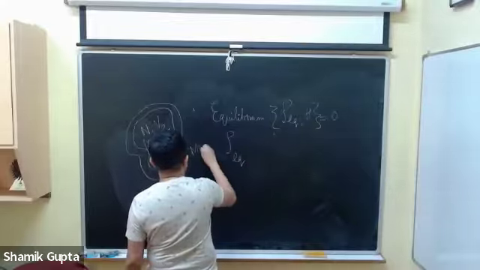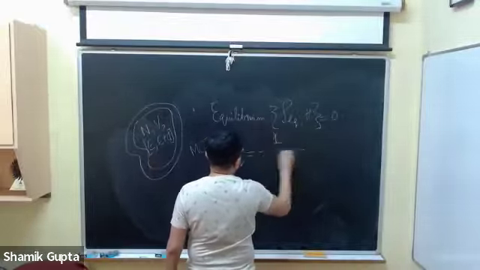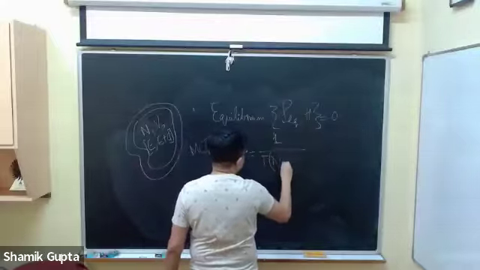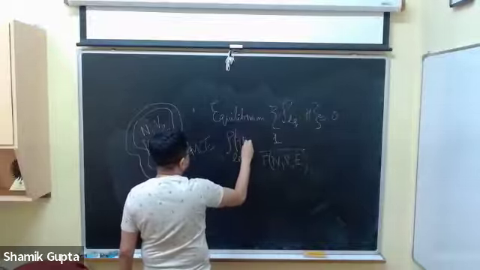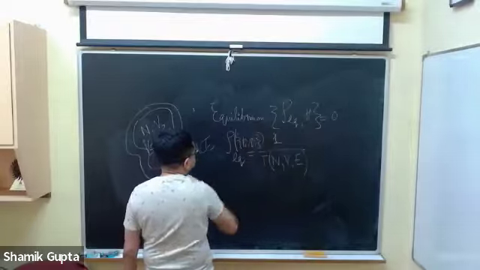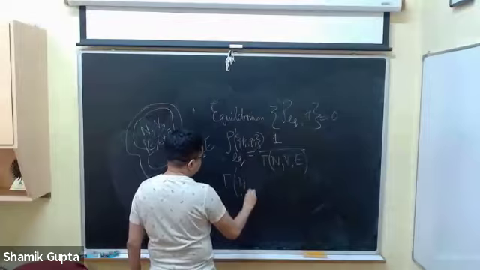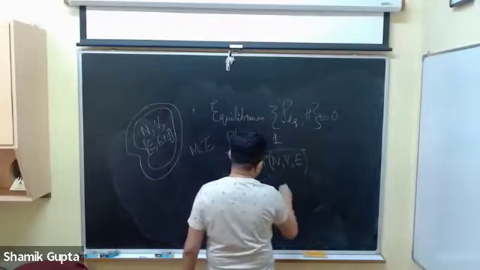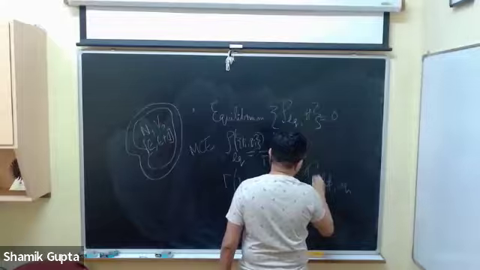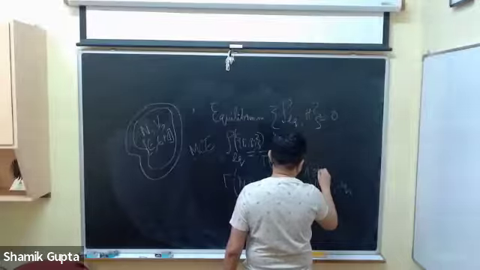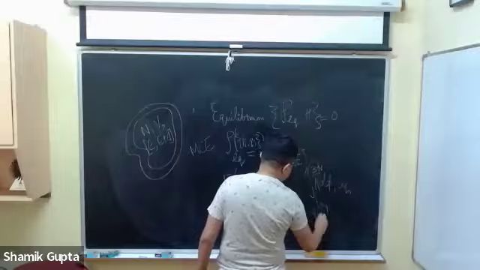This is microcanonical equilibrium. Rho equilibrium is just a constant. It's just the inverse of the number of microstates which are accessible to the system. Once I know this quantity, what is this gamma? It is just the normalization constant. So what I do is I integrate d pi dq, provided, of course, the microstate has the right amount of energy.